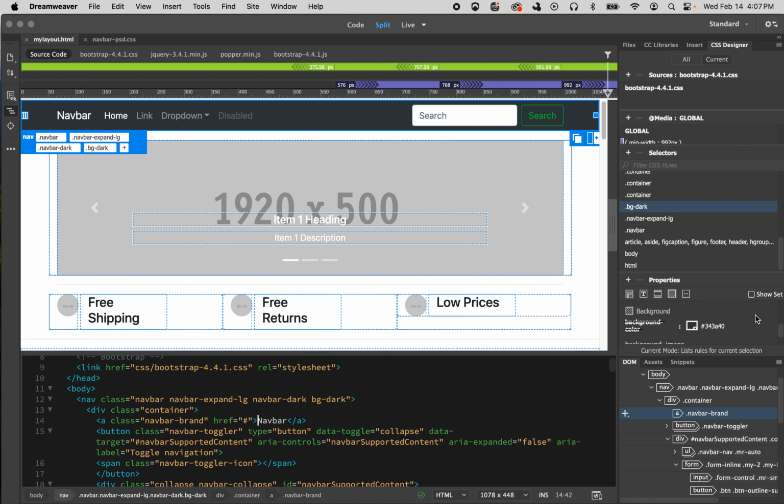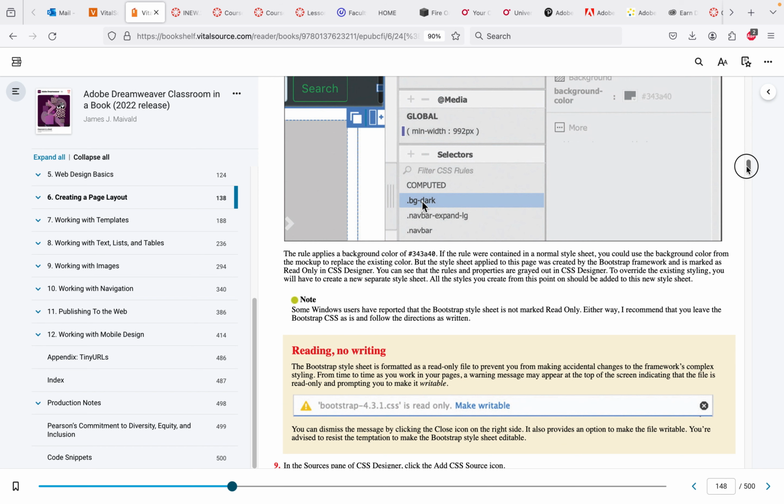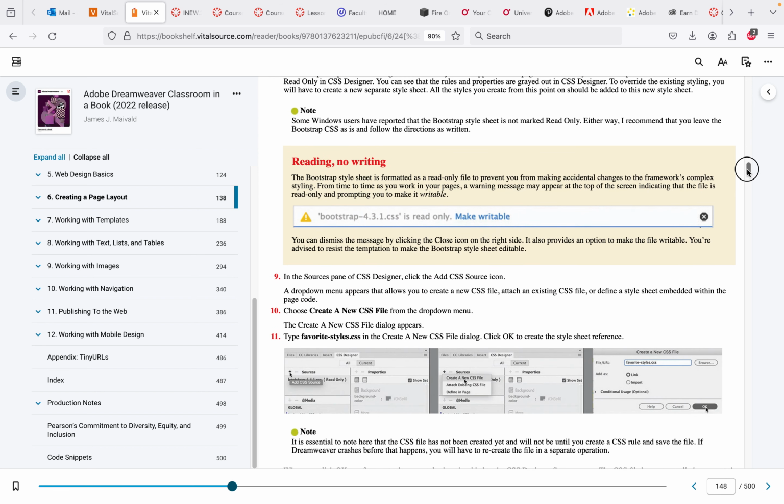So if we look at background here, right now it says that this background color is overridden. It says the background color does not apply to your selector because it is not inherited. It is applied to an enclosing tag. However, the page's element is transparent by default, so this color may show through. Okay, that's fine. Anyway, I'm just going to proceed. Okay, I'm supposed to see that, and then